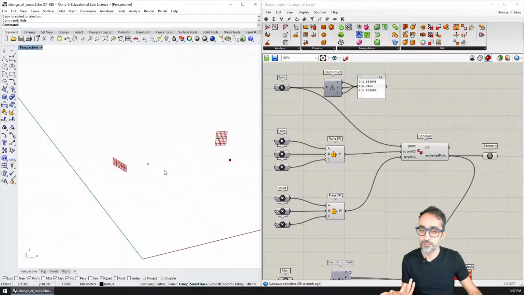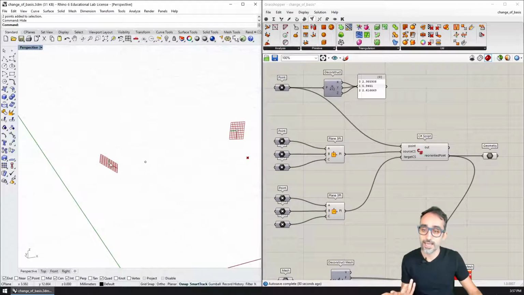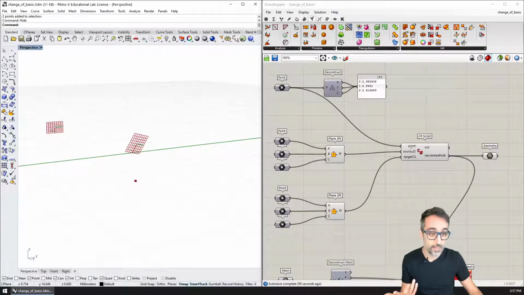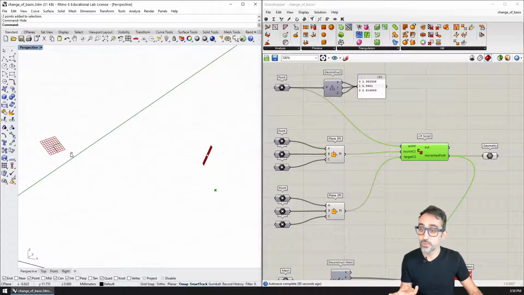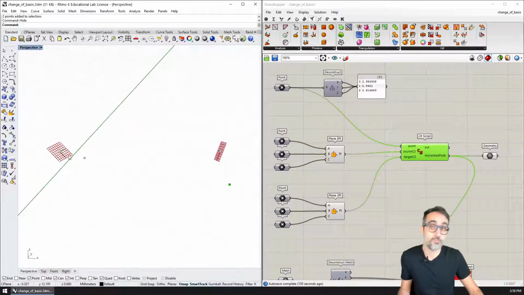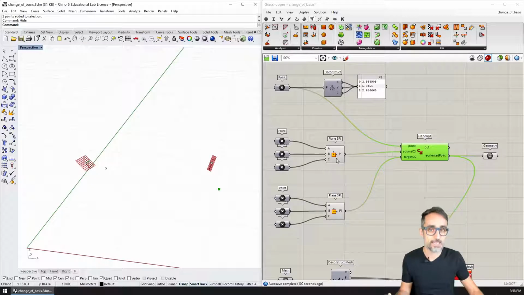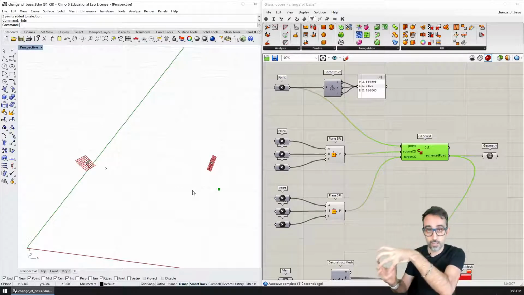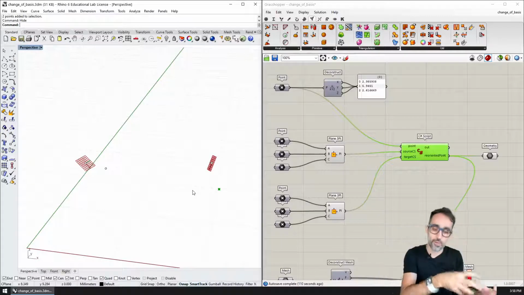So what you have here, for example, is this point in reference to this plane, and you can see that this point, which I have now created with this algorithm, is maintaining the same x, y, z local relationship with this plane as the original one had with this other plane. Think of planes as coordinate systems, it's the same. And this operation is really good because it allows us to do reorientation of geometry from one local coordinate system to another local coordinate system.